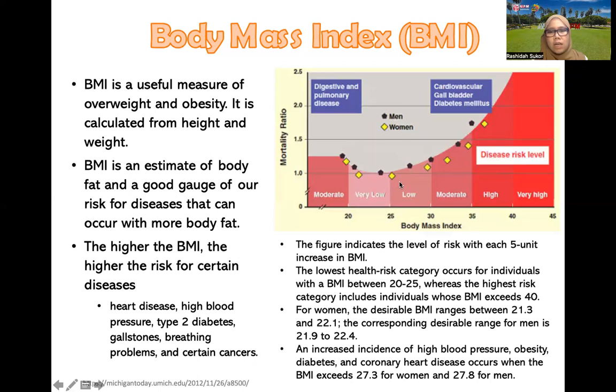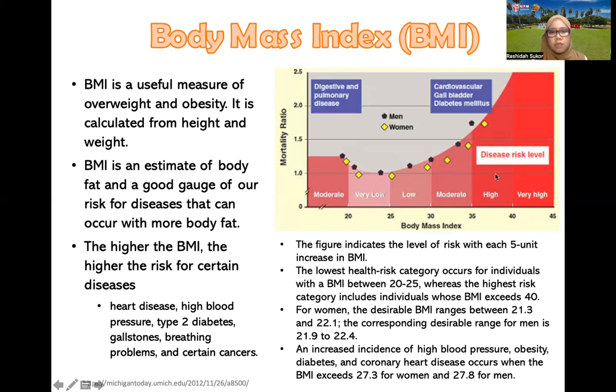You see this point, the purple color and the yellow color. If you see here, the level is about 1 for women. As it goes along, for men, it's already increased to 1.1, for example. And as the body mass index increases, you can see that the curve becomes higher and higher, with higher risk of getting the disease, the CVD, the diabetes, pulmonary disease, and so on.